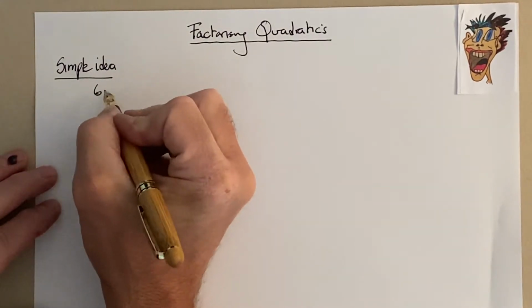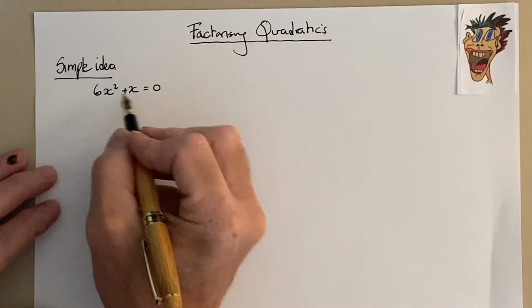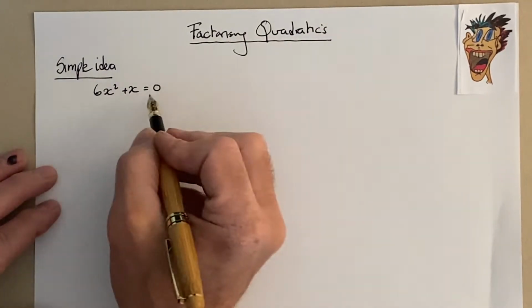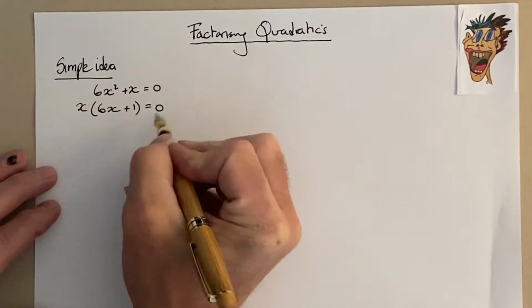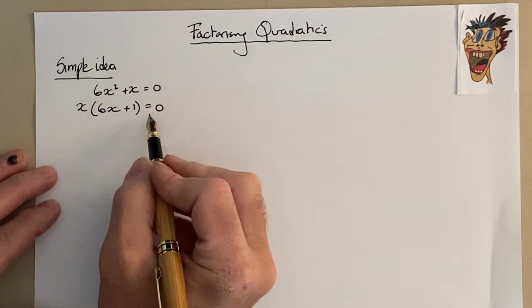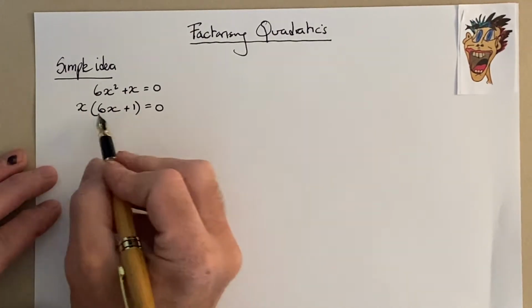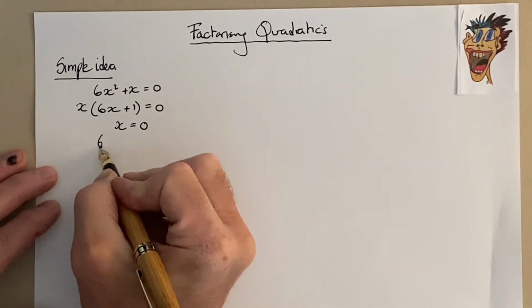So let's take a question, 6x squared plus x equals 0, and I want to find the values of x so that it equals 0. So I'm going to factorise this out. I'm going to take x out, so I'm left with that. And now I can say, what do I times by x times what is 0? Well, if that x is 0, then this side becomes 0. So I know that one possible answer is x is 0, but also inside that bracket it's got to equal